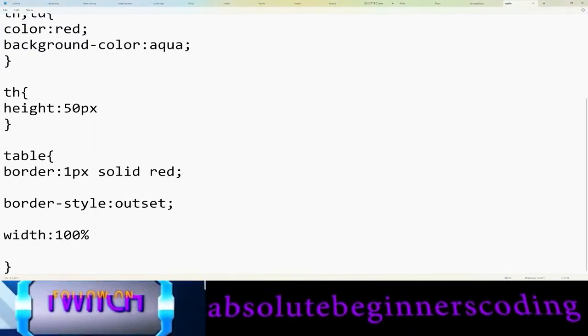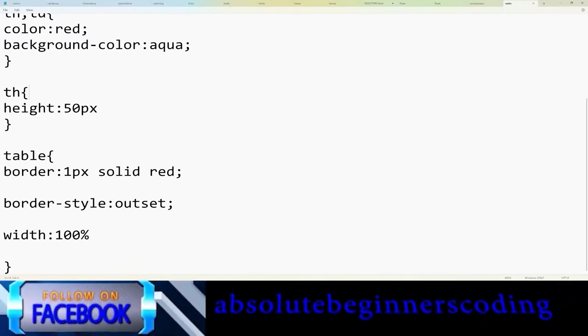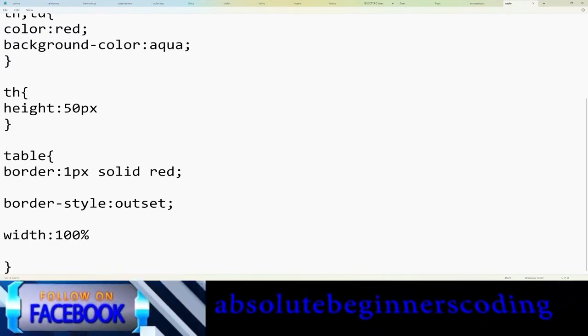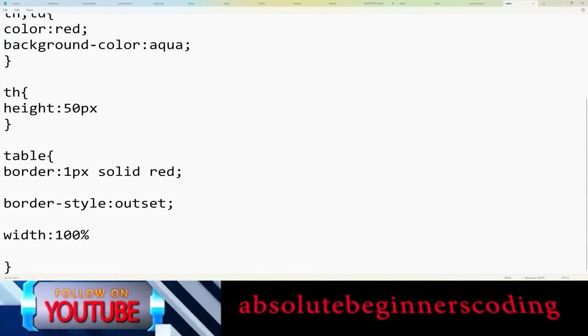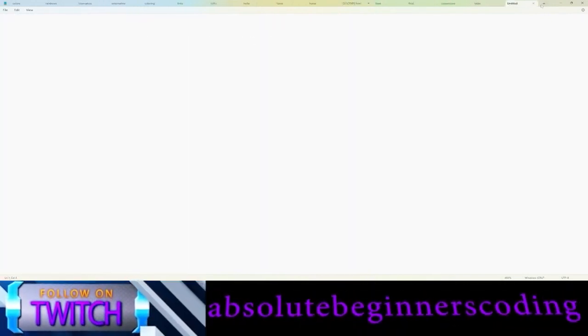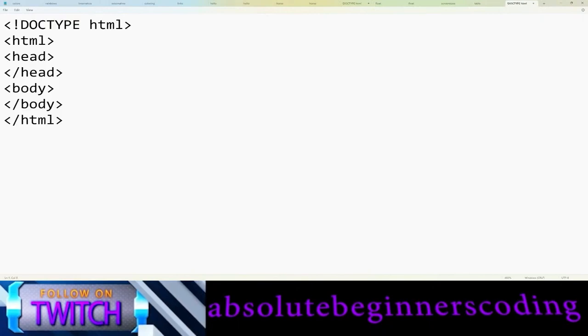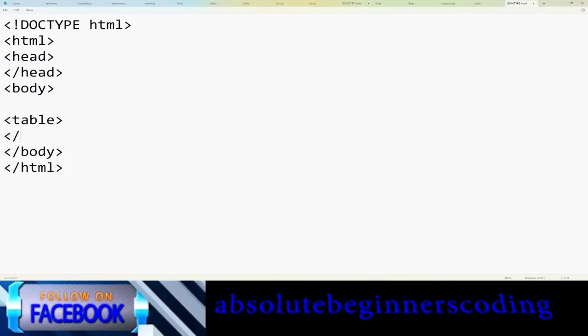So previously, how we have entered the data, we have entered the table and we have entered the table row, and inside the first table row we have added every table head, and next coming table row we were adding actually the table data, right? So we can do it another way as well. Let me show it to you. So let's add a table like this,